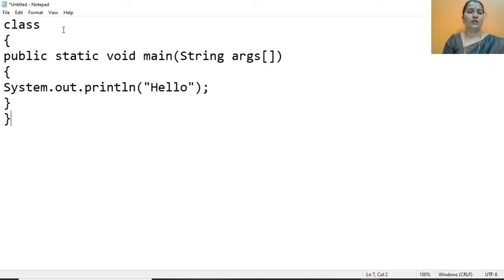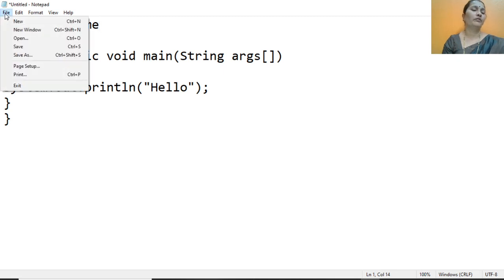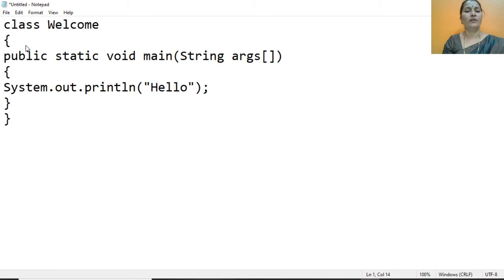And give the class name here as Welcome. I'm giving the class name as Welcome, and we have to give the first letter as a capital letter. We have to save this in the same path where Java is.